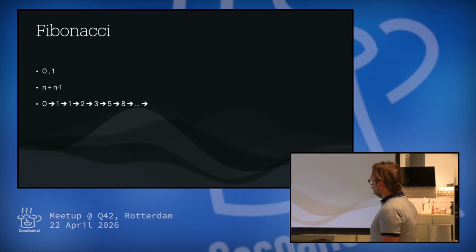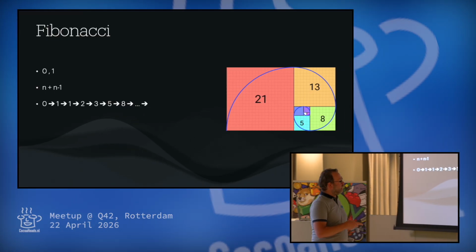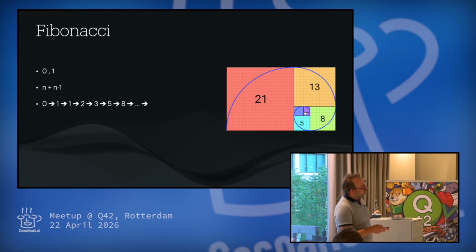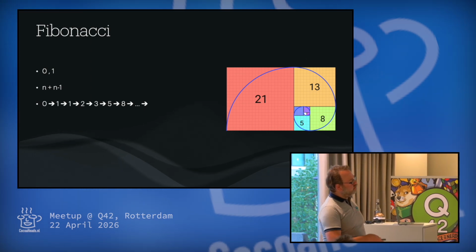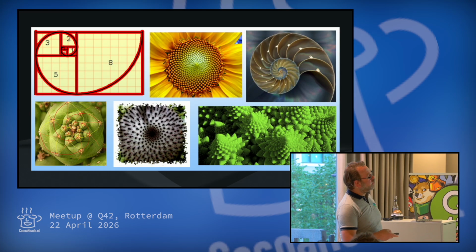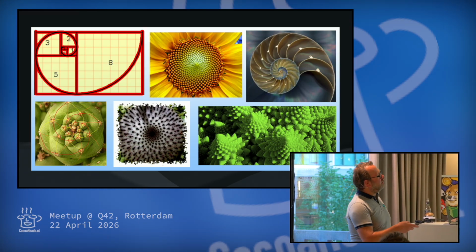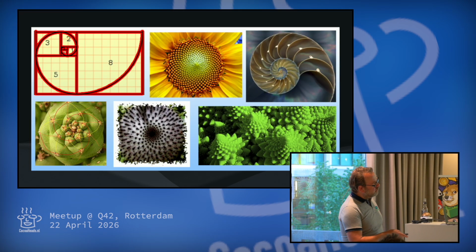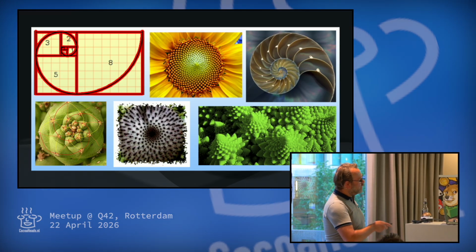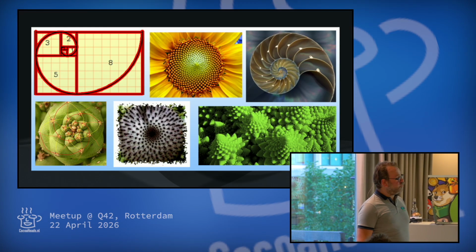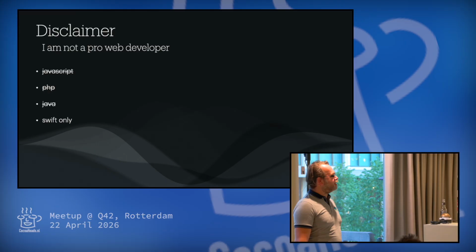And why is it a nice thing? Because it happens a lot in nature. Nature is full of Fibonacci sequences. It starts with 1, 2, 3, 5, 8, 13, and all these patterns you recognize when you look in nature. You see, I don't know what this thing is, a snail? It's like a shell. It has this exact same form. This weird broccoli thing, also sunflowers. Everywhere you see this pattern. Well, this is just a side note. It's not important for the talk, but I was just like, nice that you see what math can do.